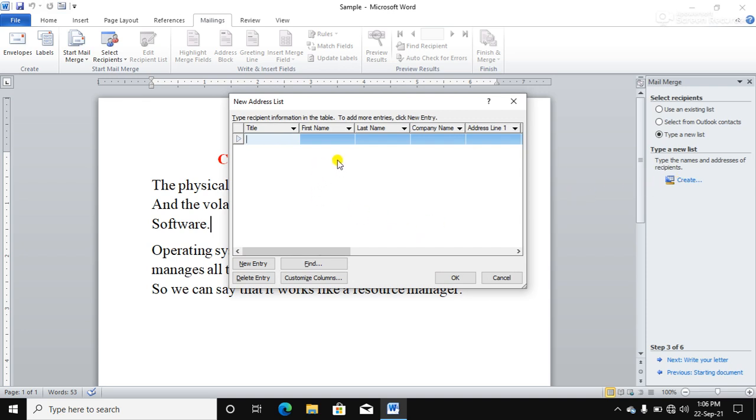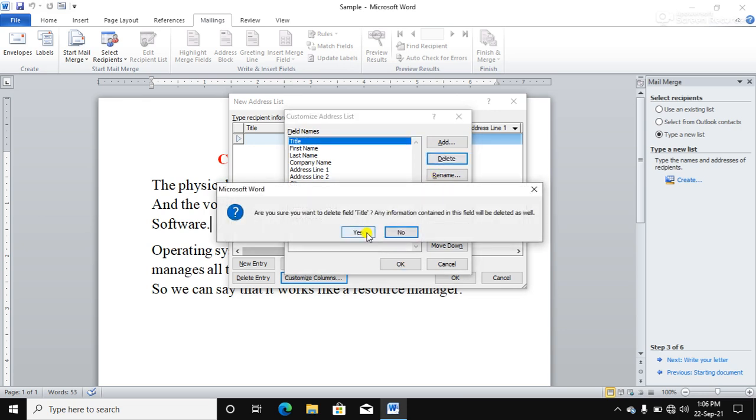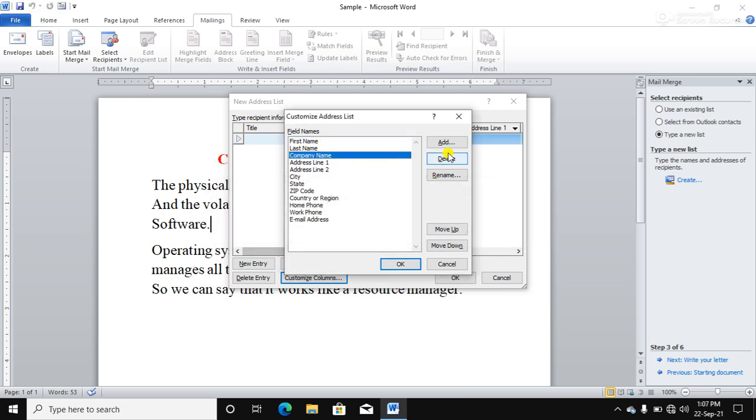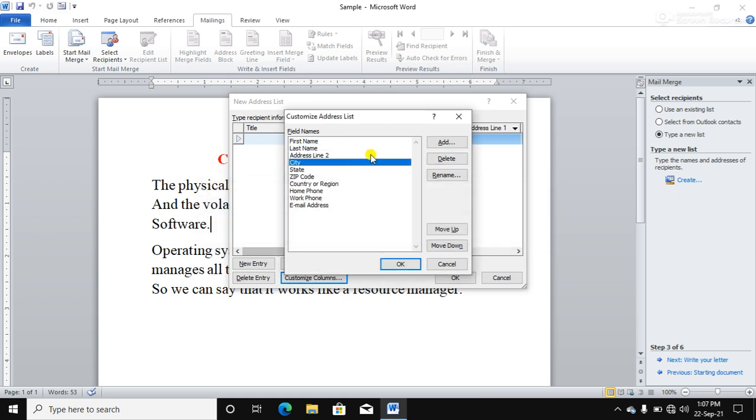So here a lot of fields are there, you can adjust them according to you. So click on Customize Columns. Which fields you want, you can keep. Suppose I don't want title, delete it. Company name, delete.